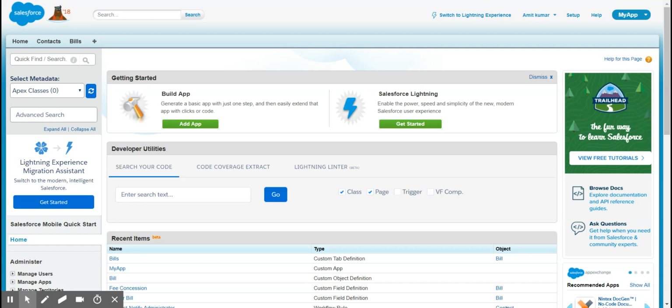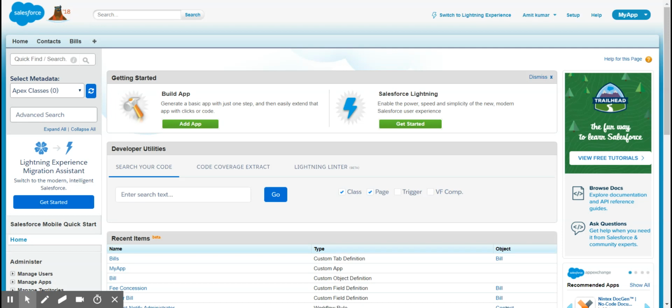And these are the few limitations regarding approval process. For each approval process, you can have a maximum of 30 steps per process, 25 approvals per step. And as discussed earlier, each organization can have 300 approval processes per object, 1000 approval processes per organization, and the approval process email limit per day is as follows, like 1000 per Salesforce standard license and 200 per organization. So these are basically the limitations,